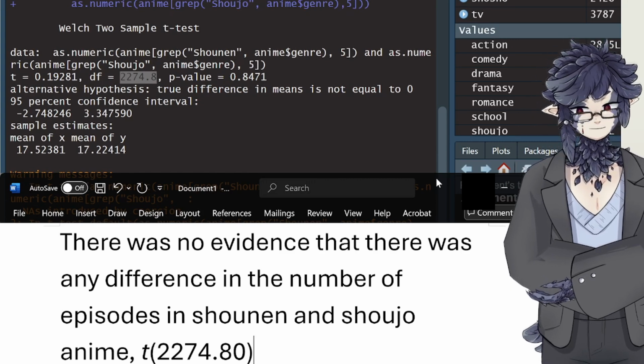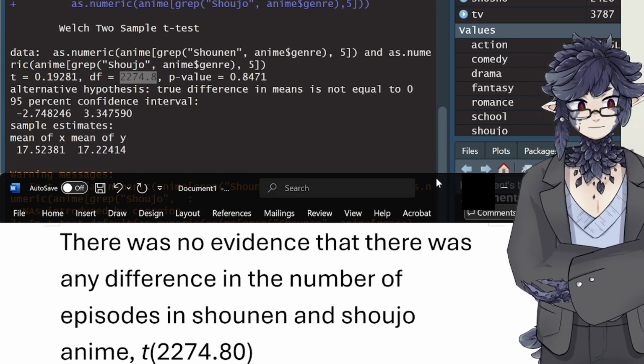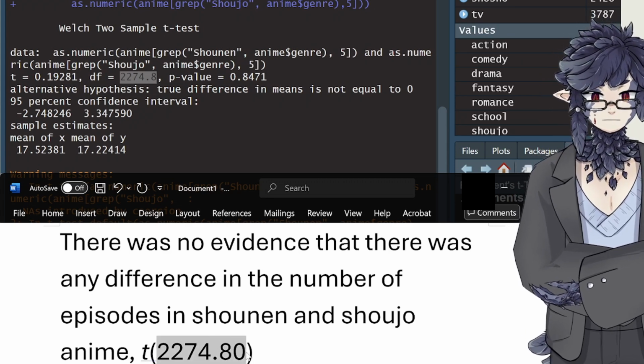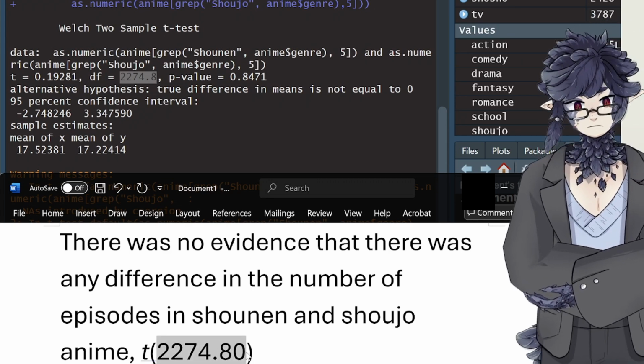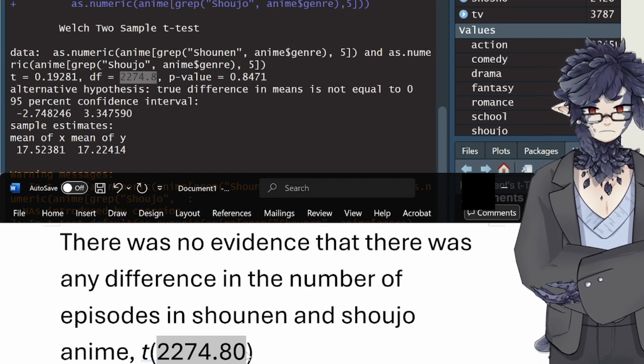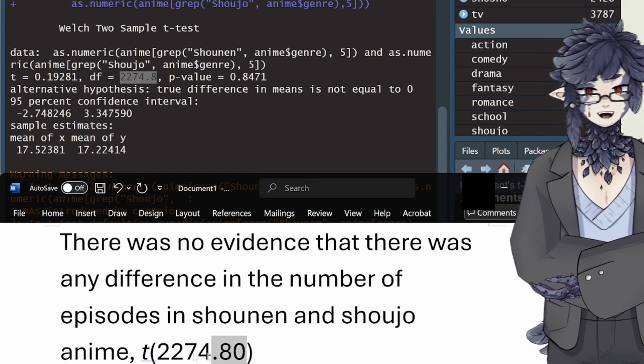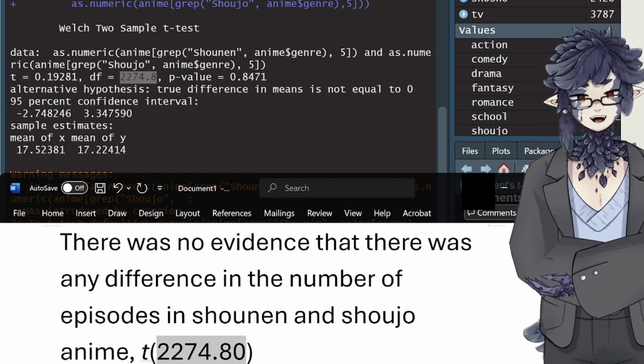So that's why I'm putting the 0 after it. I'm rounding this to 2 decimal places. Now, the reason we give degrees of freedom is because that tells people exactly which t distribution we were using. There's an infinite number of possible t distributions, one for every possible degrees of freedom you could have. This tells them we are using the t distribution at